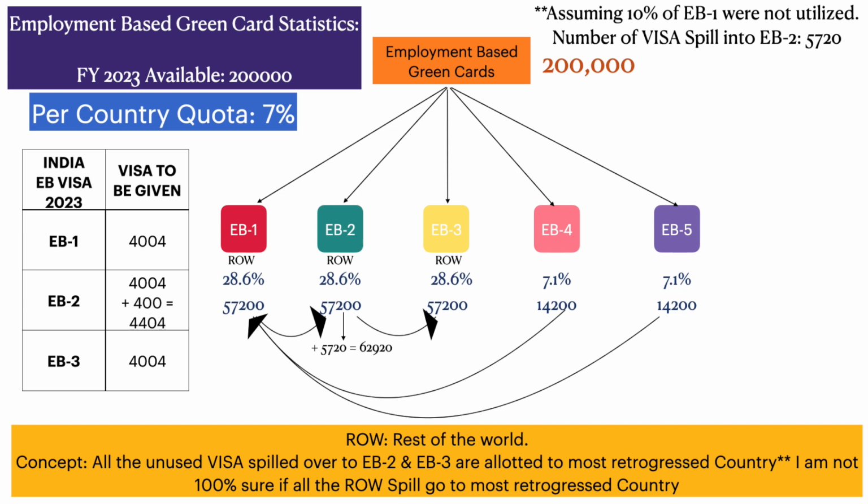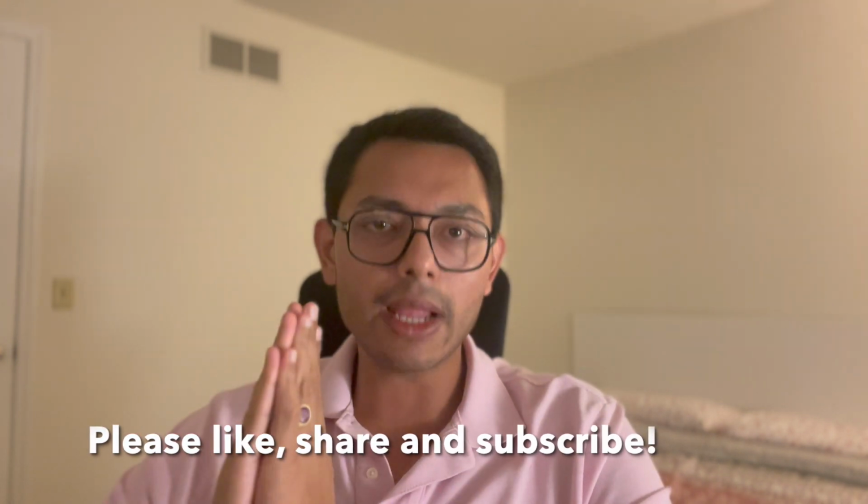Now, if we just take a step back and discuss this number again. Each year, let's say 100 people apply, right? If there are only 100 people applying, 4,000 visas are enough, but that's not the case. I think there are tens of thousands of people who are applying in the EB-2 and EB-3 categories every year, right? So let's say by 2022, there are 100,000 people who are still waiting for their green cards.